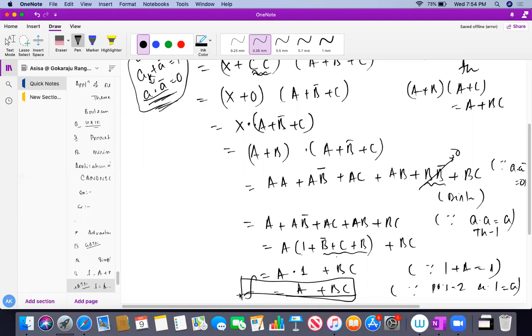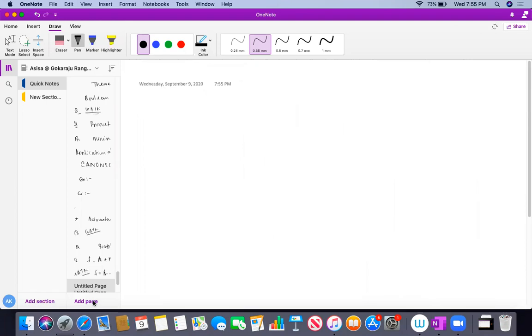So there will be many options. One of the options will be like this, and there will be options like A bar or B bar or C. You have to simplify it like this, and finally you have to choose the correct answer, students. Okay, very simple. Next we'll move to the next part.